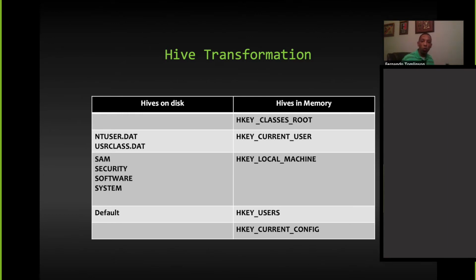HKEY_LOCAL_MACHINE. Now, Windows has this feature, and I hate saying feature because sometimes a feature in Windows is not really a feature, but never mind. When I'm logged in, you might have heard of a feature called switch user. That allows essentially a person to background my session, but then they log in.